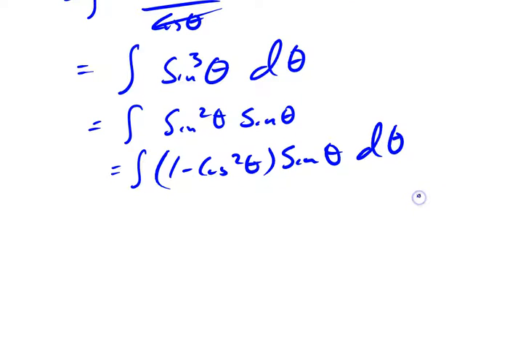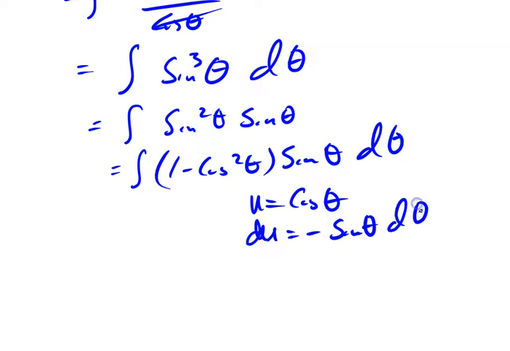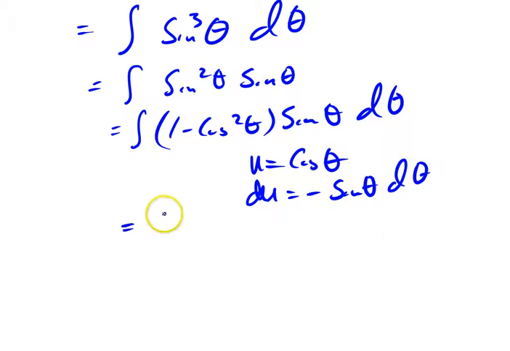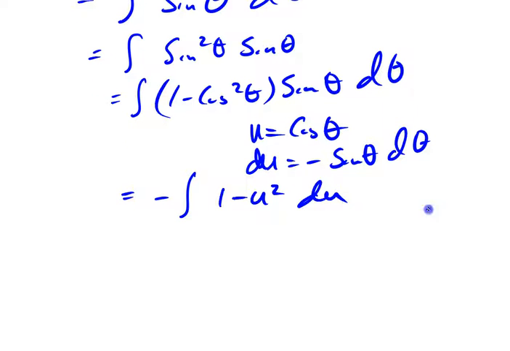And then I do a u substitution with u equal cosine theta. du is minus sine theta d theta. And this looks like the minus sign comes in. So minus the integral of 1 minus u squared du,